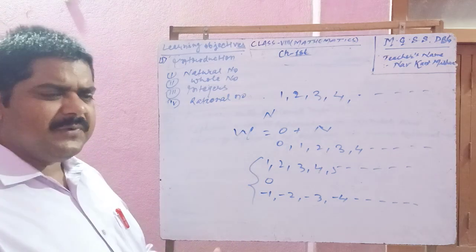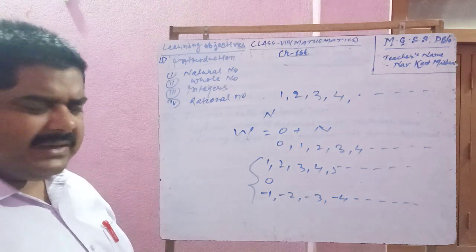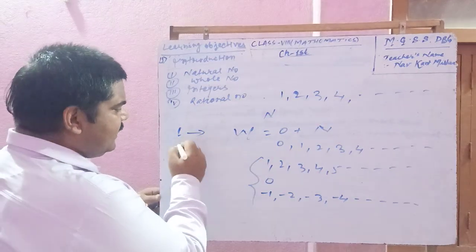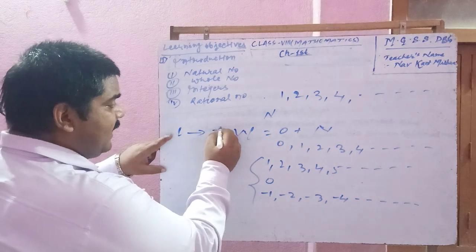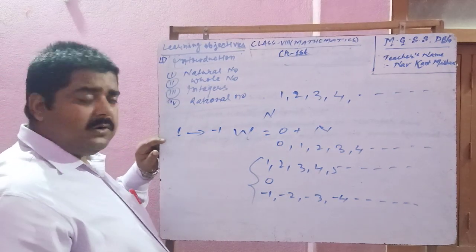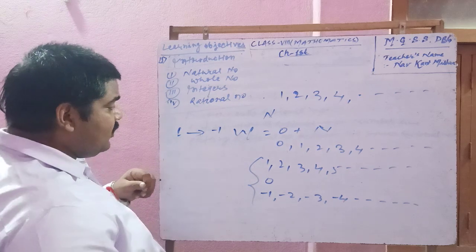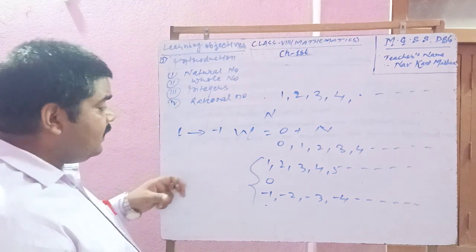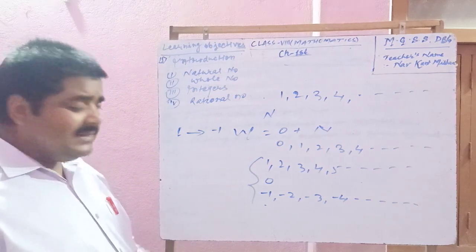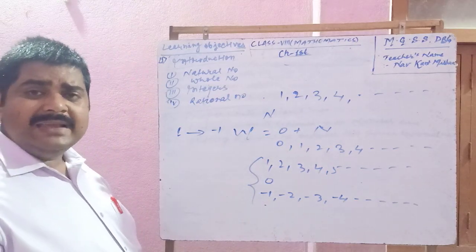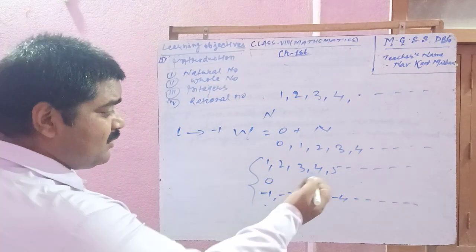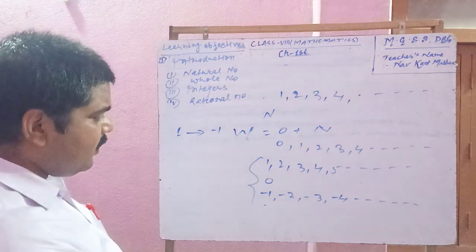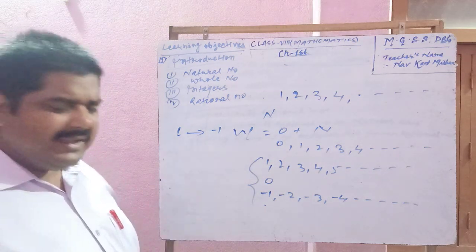That you have to say in a different language, in a different way it has been named. Inverse of, because you have learned in the previous standard that inverse of plus 1 is minus 1. So it is also called inverse of 1. Since 1 is positive, all these numbers are known as inverse of positive numbers. Second, it is also known as negatives of natural numbers, because you know very well that 1, 2, 3, 4 and so on are natural numbers. So that is the way you have to explain it.